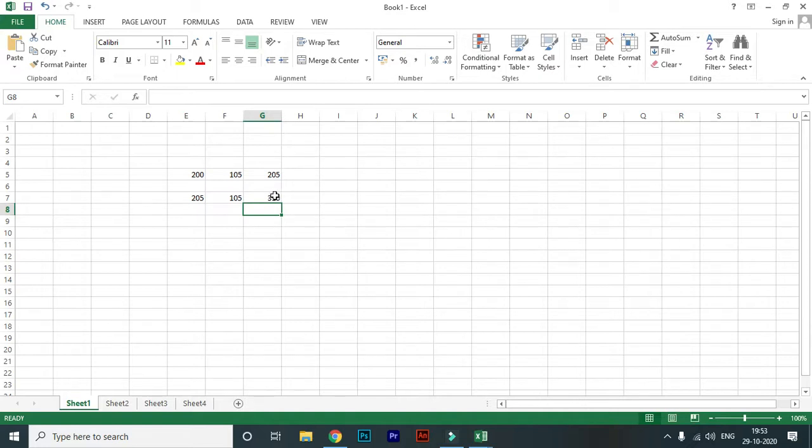So when we apply any formula, addition, subtraction, or even a complex formula, we have to put the cell addresses. And the benefit of putting the cell address is that the result will be displayed automatically. So it is very important for us.